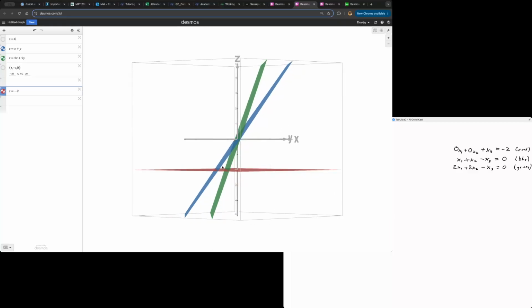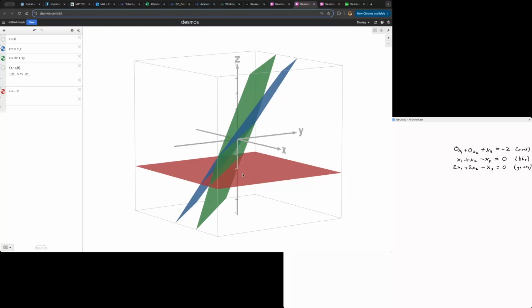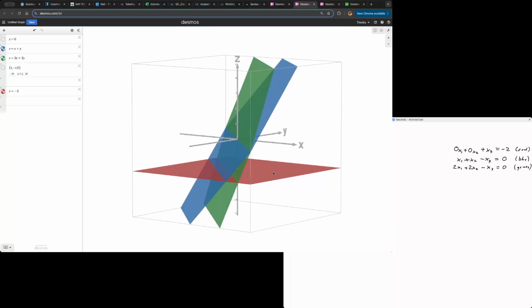There's this little triangular gap where the 3 of them never intersect, which means there is no point anywhere on here that is on all 3 of these planes, which means there is no solution. Or written another way, we could say this is not consistent. But I could take this same basic graph and rewrite it